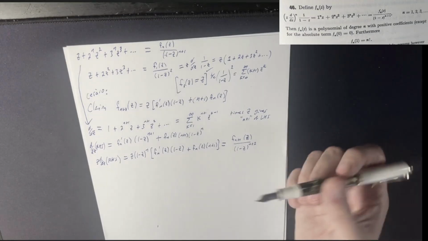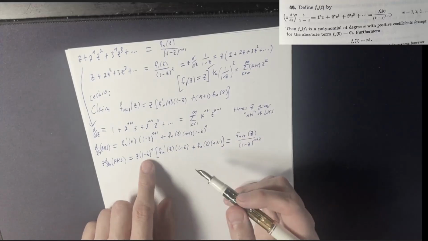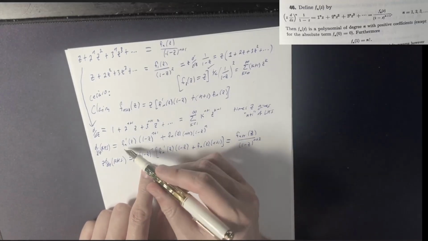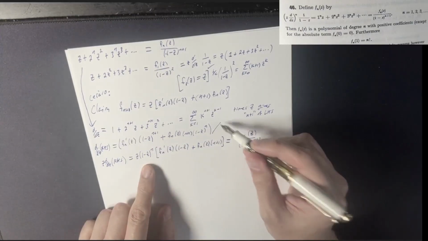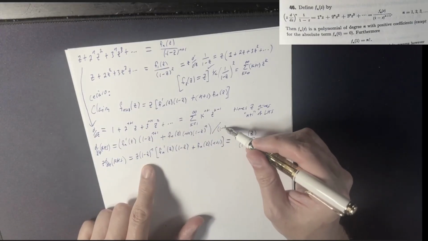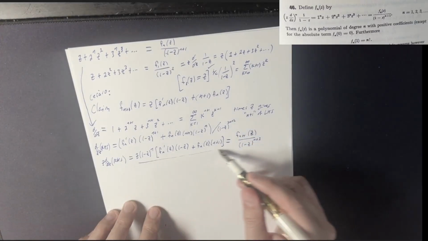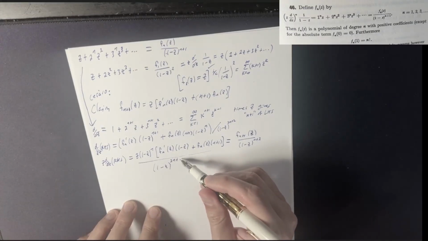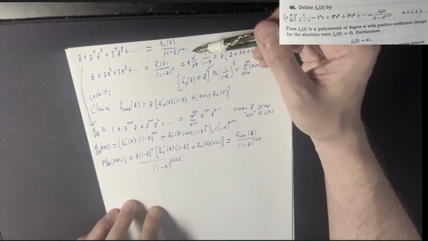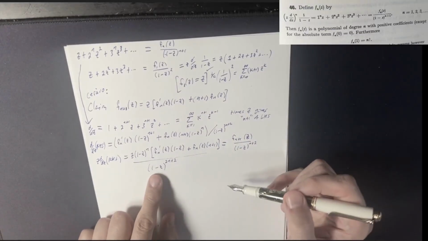Oh, did I forget to divide? I see. I forgot to divide. Good. I was going to say, why is this still here? You forgot to divide. You get this mess, and then you actually finish the quotient rule. You might get something different, won't you? 2n plus 2. So I'm supposed to get this stuff divided by (1 - z) to the 2n plus 2, right, when you square that denominator. So if you actually finish the quotient rule, you'll get this mess,